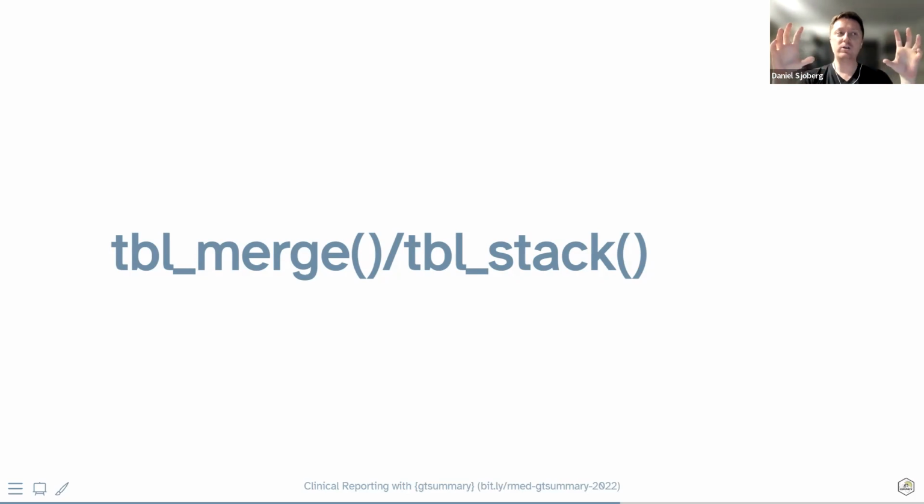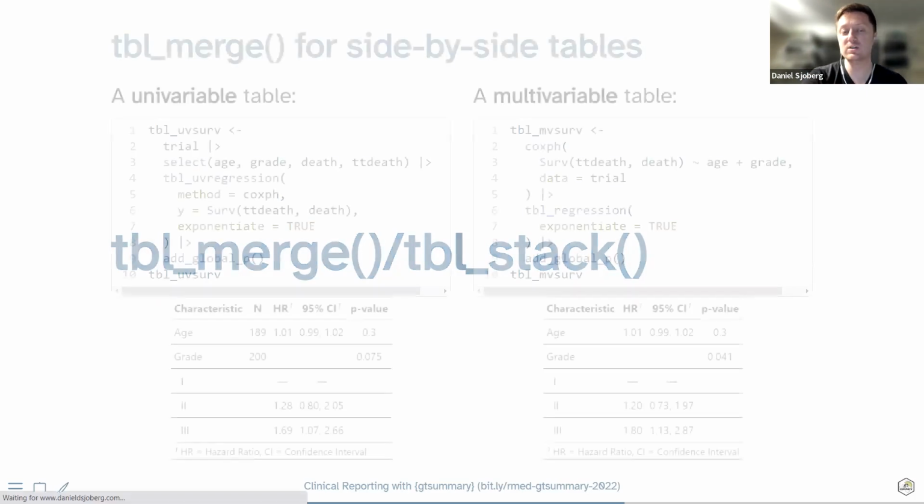And then I want to do this for time to death, but I also need tables to describe time to recurrence of the cancer. Also, another one talking about response, yes or no. So these are all getting at the same thing, and they might end up being better presented in one big table that's either stacked longer or just merged together side by side. And so that's what tbl_merge and tbl_stack can do.